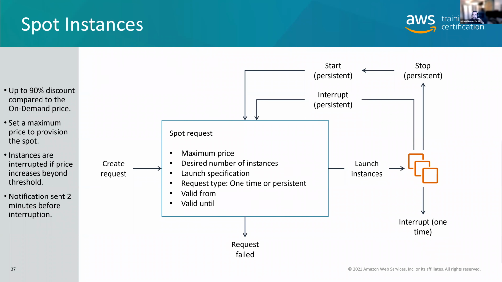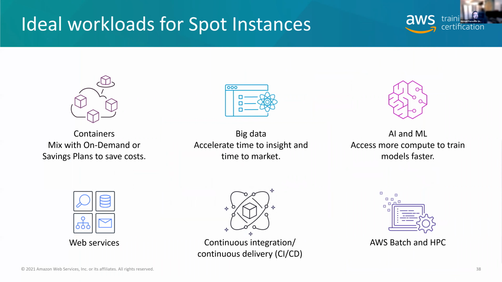So your software has to be constantly writing out data and doing checkpoints so it can withstand that kind of data interruption, right? If the question on the exam says, and I repeat, if it says we're running an application that can withstand interruption, that means you're going to be using spot instances, okay? Pretty much that's a pretty good trigger for that answer. Now, what workloads are great for spot instances? Well, basically anything that can be interrupted, right? By the way, this can be integrated into all kinds of fleets. So if you want EC2 auto scaling, if you want EMR, it can all be integrated into that as well.